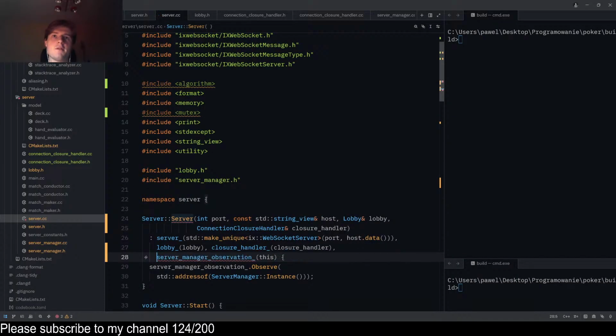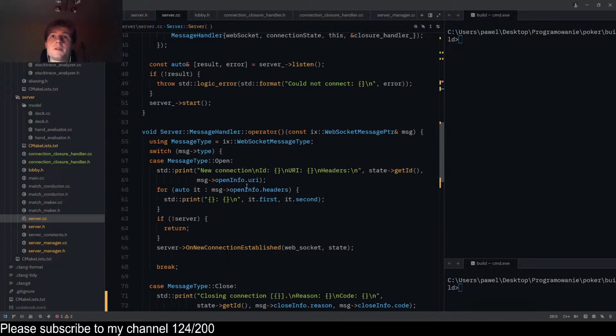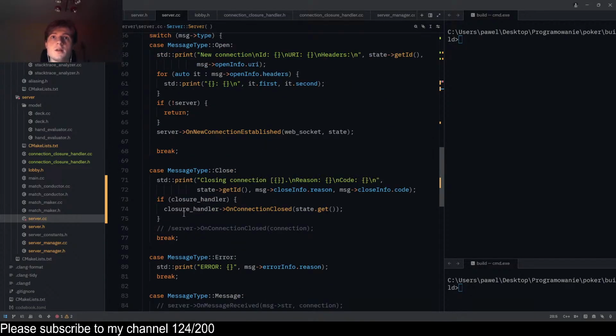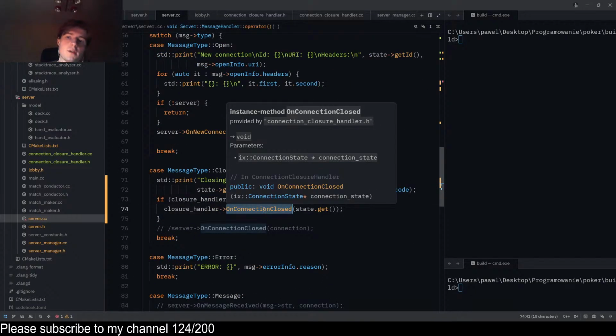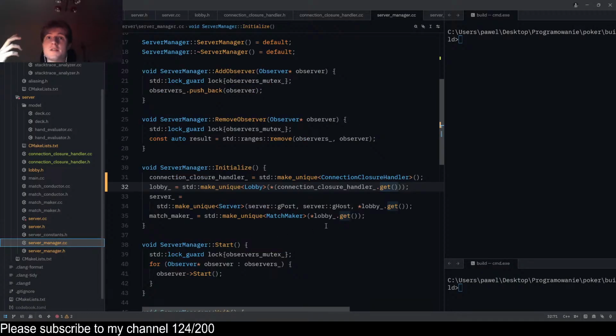It will also take in a reference to the closure handler, and then the closure handler will be called from inside of the message handler operator to basically inform everybody that, yo, this connection has been closed and we need to react to this closure. So yeah, server manager will get passed to